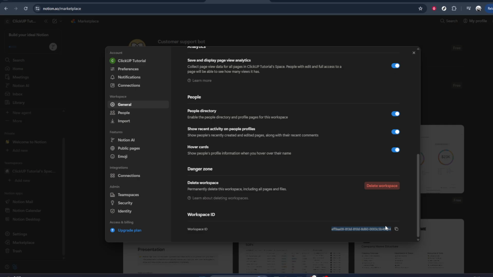Be careful not to change anything else in your settings while you're here, especially if you share this workspace with a team. That's all you need to do. By clicking your profile name, opening settings, going to the General tab, and locating the Workspace ID field, you can quickly and reliably find your